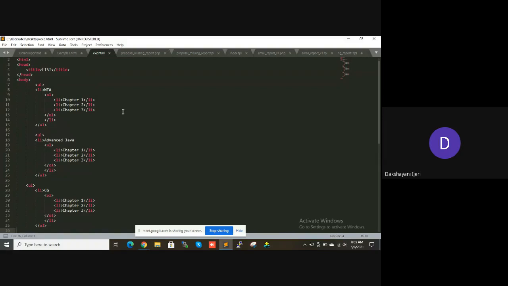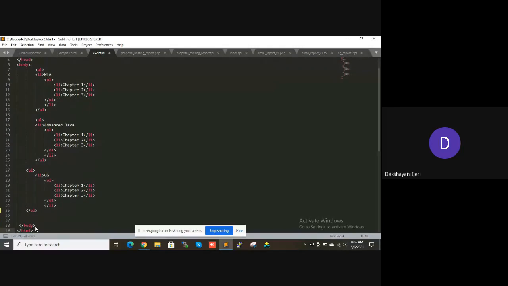So how to start the unordered list? You have to start with the UL, followed by the first element LI, which you open as LI at the WTA, and do not close that LI there because you have the nested ordered list within it. So within that LI, you open one more OL, add all the required elements within that OL, close that OL there itself, and then close the LI. That is the first item closed, right?